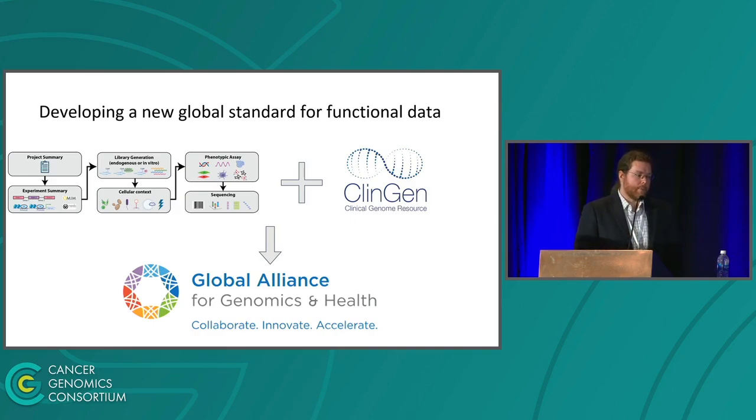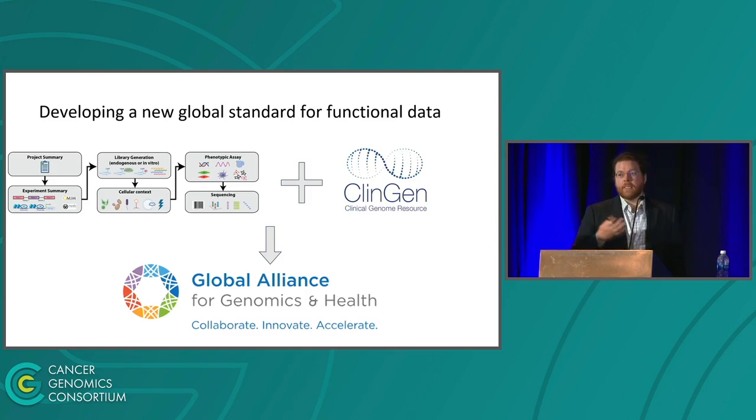We're doing this through the Global Alliance, which is a really fantastic organization that has a process for developing these standards and supporting implementers and so on. We're really excited about this work, and we're putting together a draft standard now. So if you are interested in being an early adopter, please come and talk to me. We would love to hear about your concerns. Most of the people I interact with on a day-to-day basis are much more focused on germline variants and pathogenicity, and I know that there are a lot of very important differences when you're looking at oncogenicity. So for people in this community, I would really like to make sure that we're developing something that can work